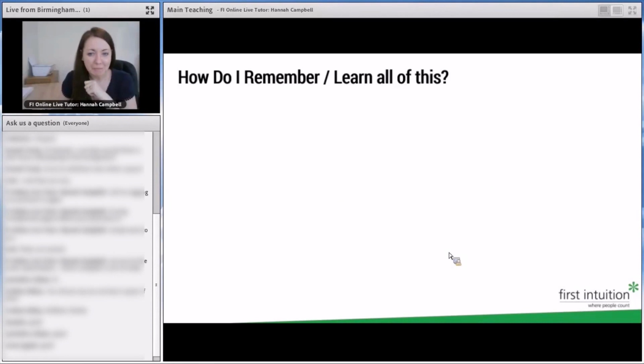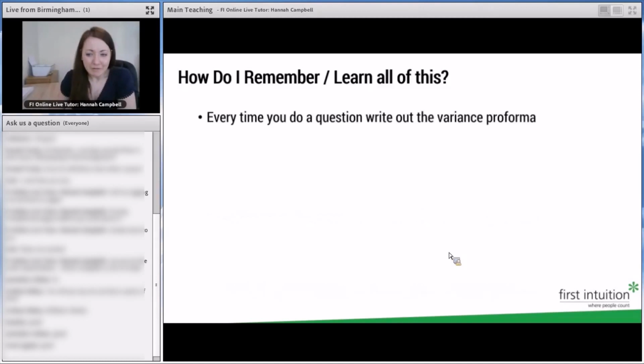So how do you remember and how do you learn all of this? Now, I'm going to show you my little pro forma sheet in just a second, which is available to you to download. However, every time you do a question, now obviously the more you do, the quicker you will get at doing this, but every time you do a question, write out the words of what you're trying to calculate. Actual quantity multiplied by actual price multiplied by actual units. Write out the words because that will then focus your mind as to what information you've got to go and find in the scenario, but also